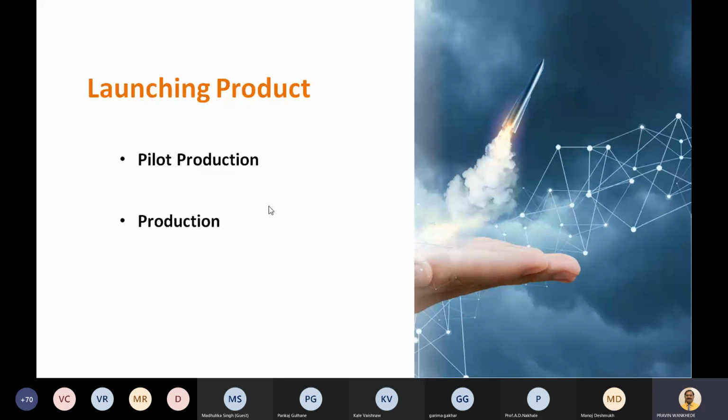So what actually do you have to do here? Before moving to the pilot production, as Bothra sir said, before going to your field, you have to test your product as much as possible. Okay, so whatever number of tests is required to test your product, you test it. You test your design, you test your procedures, you do all the things first, and then you go for the pilot production.